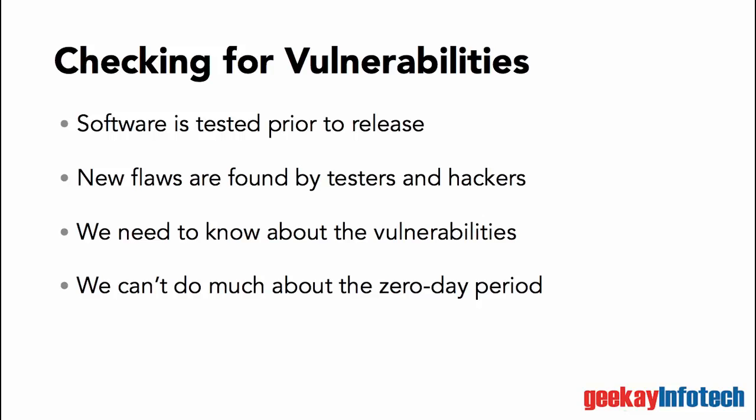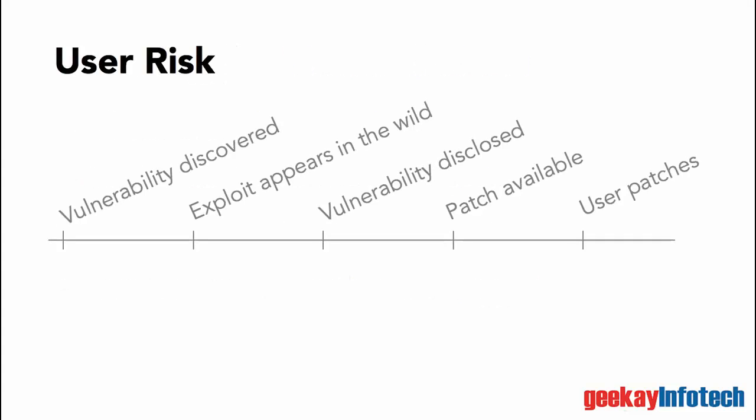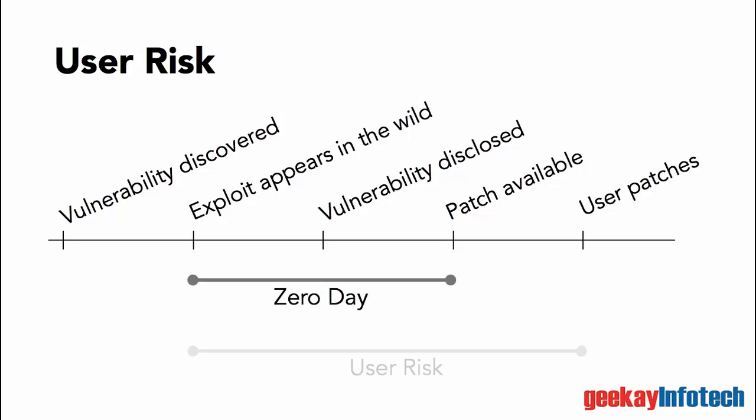Unfortunately, too often, vulnerabilities are not detected as soon as they should be, and this leads to an extended period of user risk, which encompasses the time from the start of the 0-day through to when the patch is finally applied. Keeping track of what vulnerabilities exist in our systems and what to do about them is made fairly straightforward by using vulnerability scanners. In this module, we'll install and take a first look at one of those, the Nessus